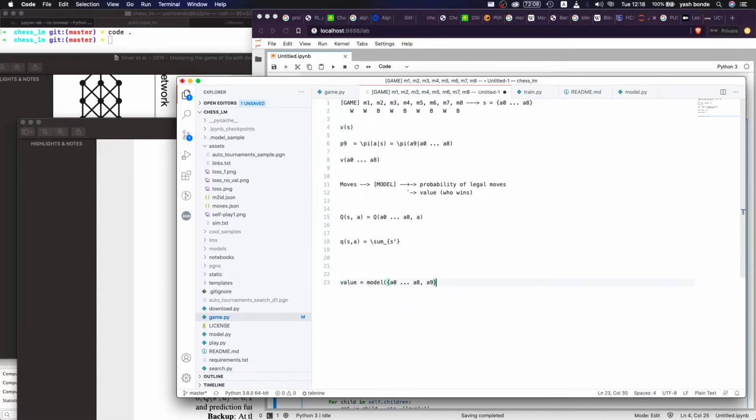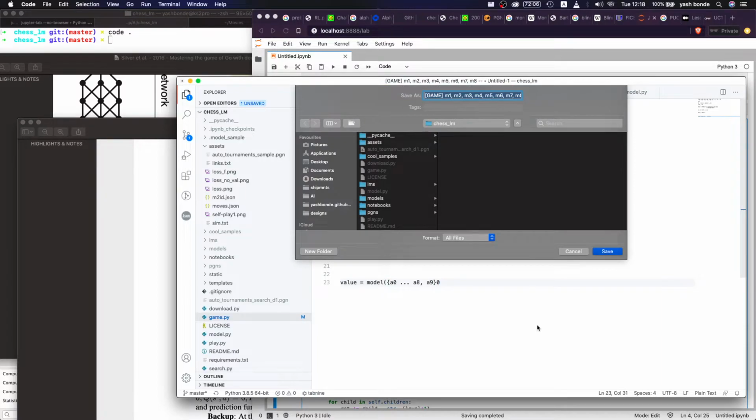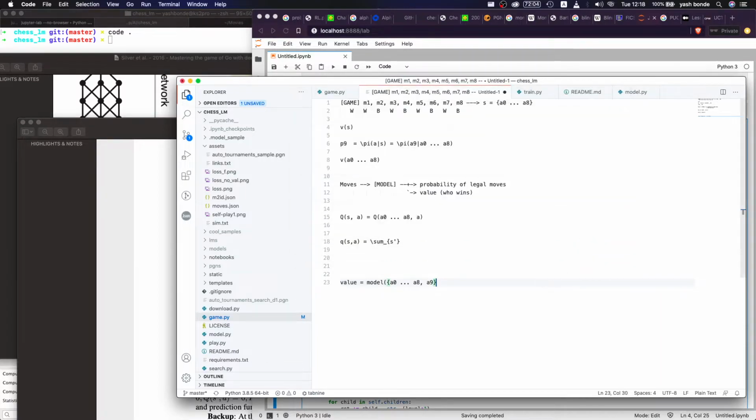Value is equal to mount this. So this actually is the Q value. As you can see, theoretically this is our Q value,